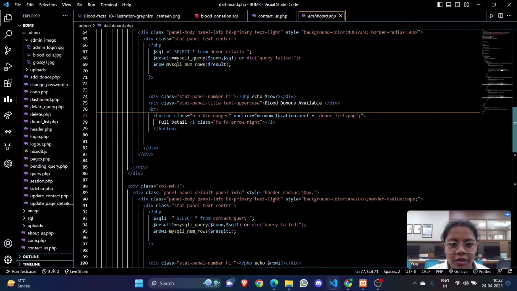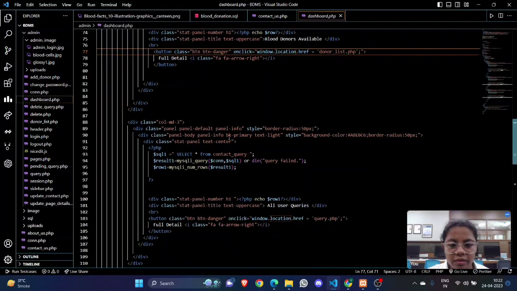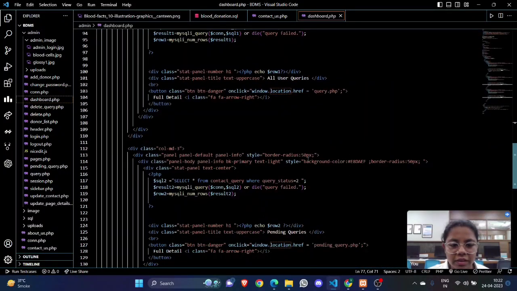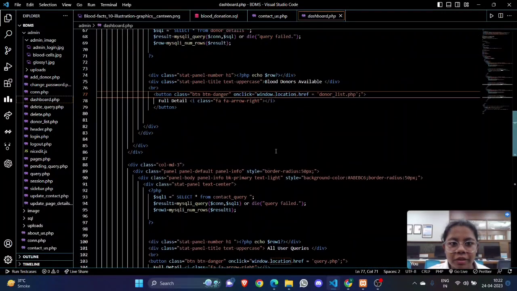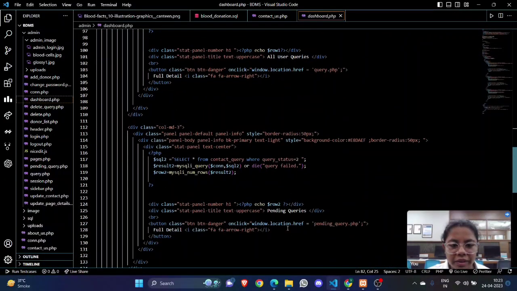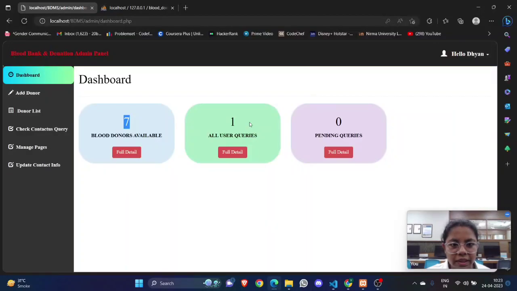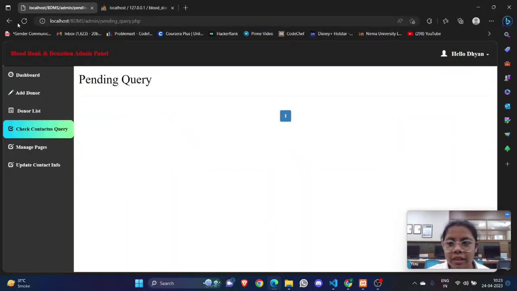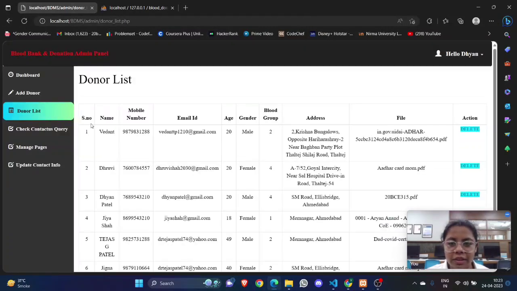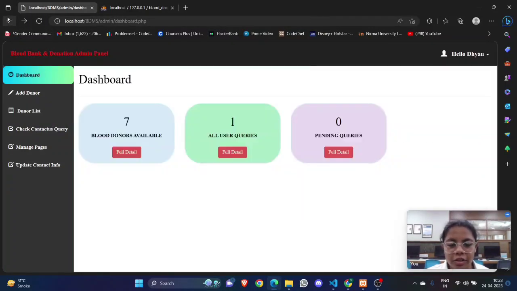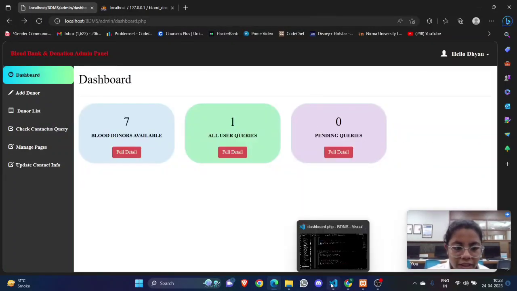Same for blood donors available, all user queries and pending queries. If I click on pending queries, that is if I click on this button, it will redirect me to the pages and it will show me the tables available there in the database. It will show me the list of the donors, their details. So to see that, I have redirected